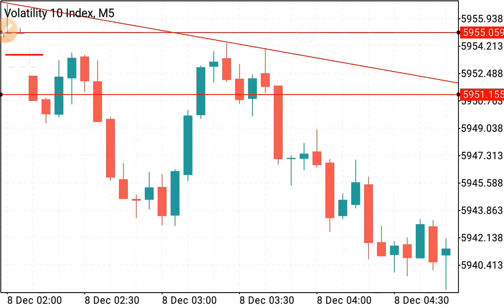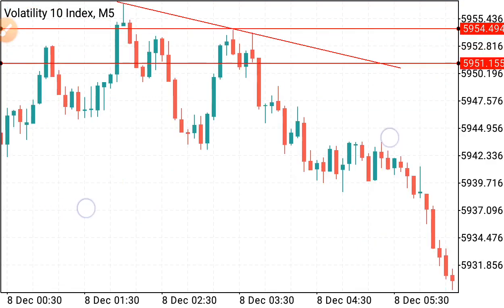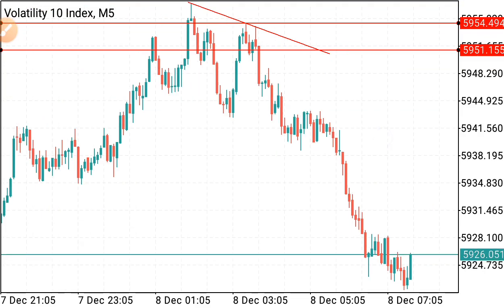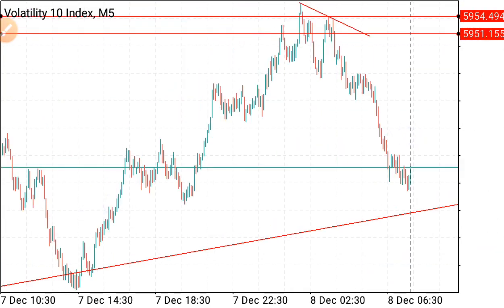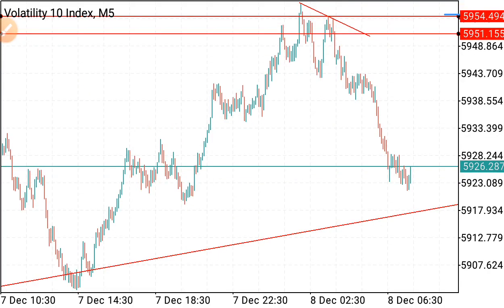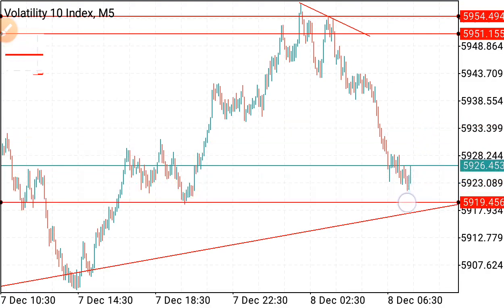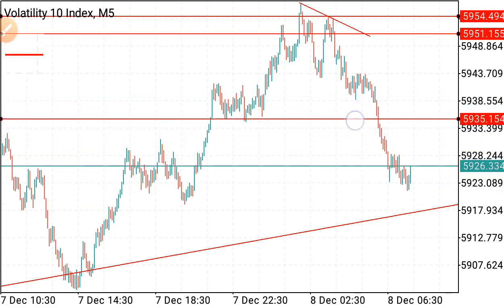A few pips above the trend line as my stop loss, and let's see what happens. Currently my target should be the previous low. This is the first previous low, which price did break, and this is the second previous low, and price is trying to get to it. Now when we talk about target, we can use